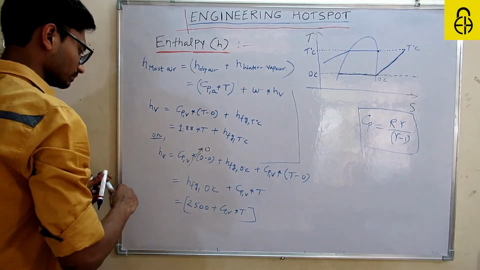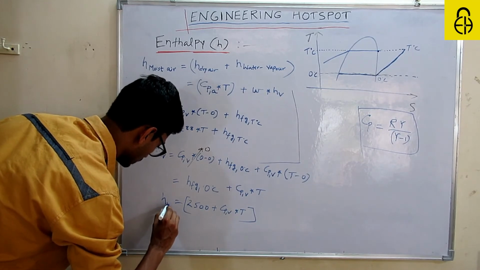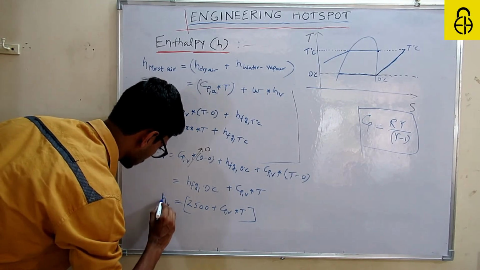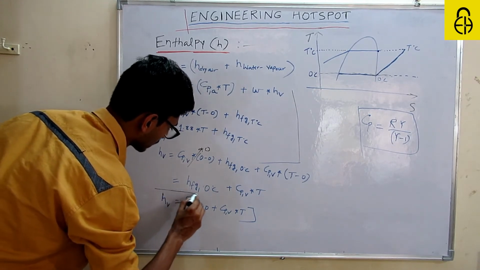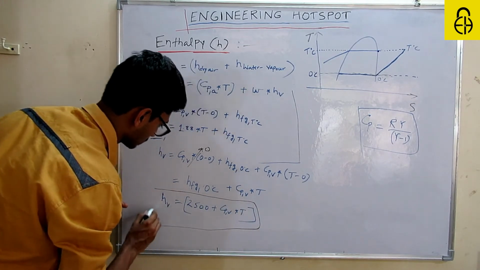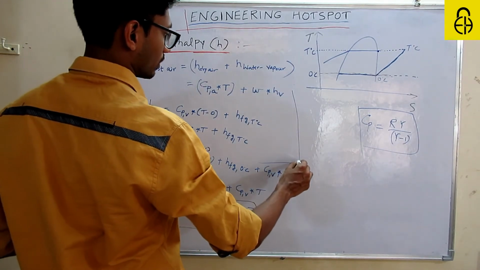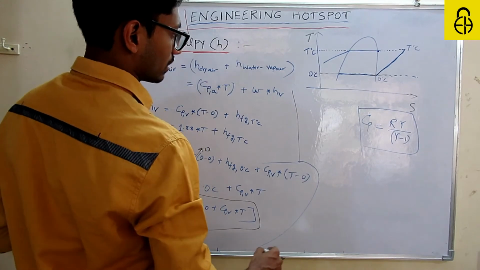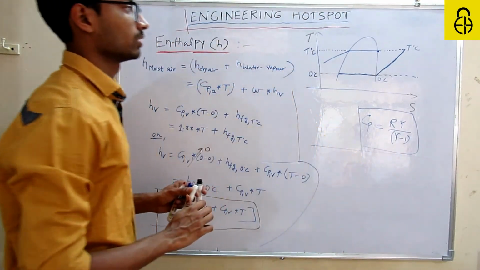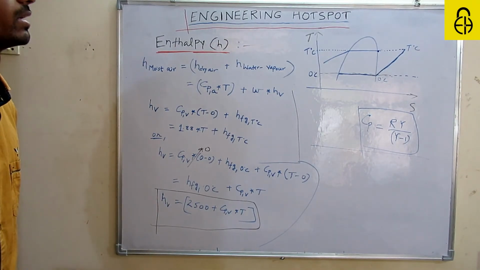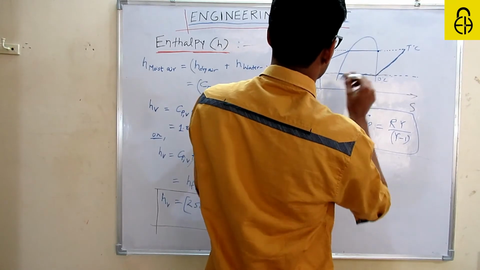So this is HV. Basically, if you see the formula in many books, they give this value for HV because they treat this as the most accurate way of writing things. You can write HV in one more way. How? If you write in terms of dry bulb temperature, you can write this as